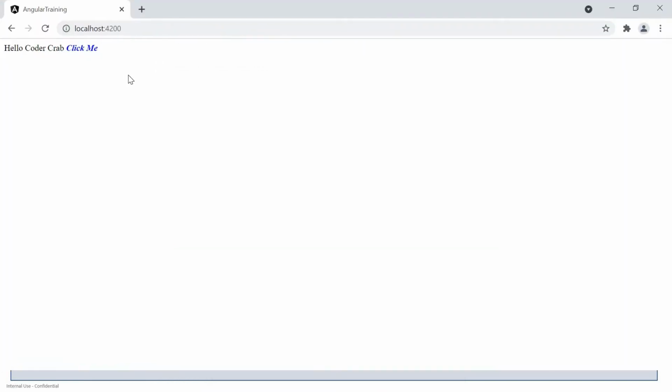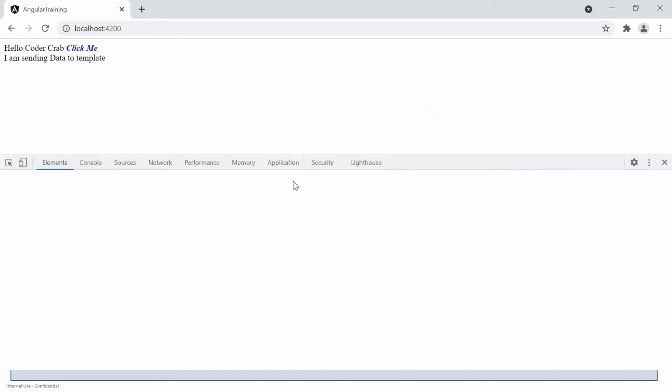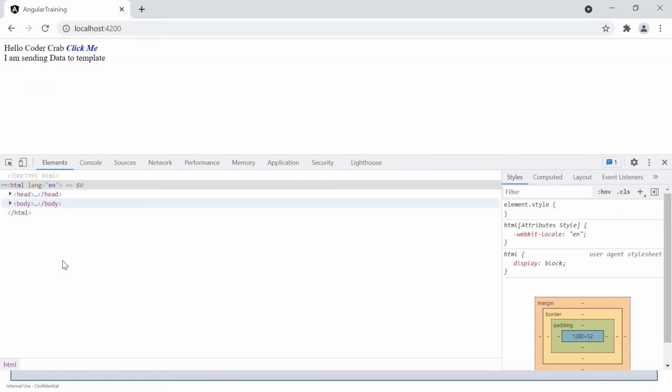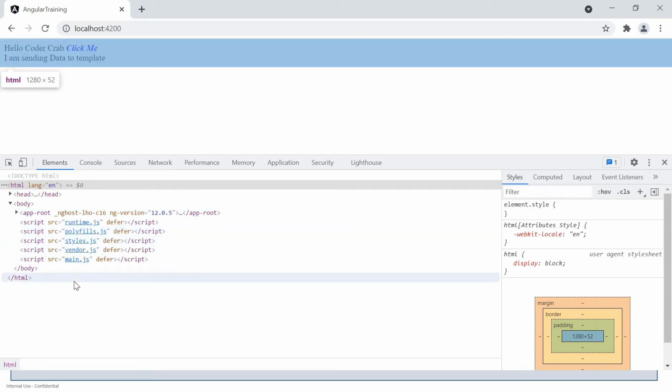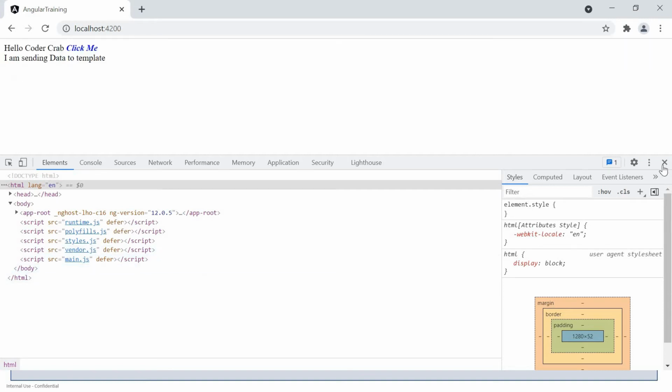You can see something came, right? We have a very simple page: Hello, Coder Crab. Click me. I'll click it, something will happen. Yes, something is happening. This is a very simple page. In this page, if I show you this part, you'll see these are the five JavaScript files being injected by the CLI. Among these JavaScript files, you can see one main.js file. That is the key.